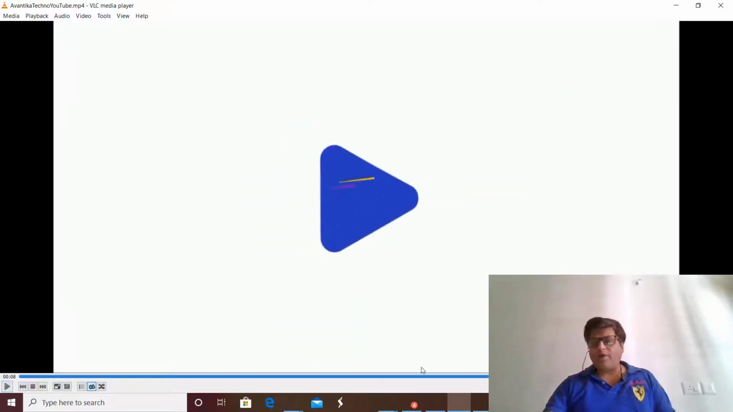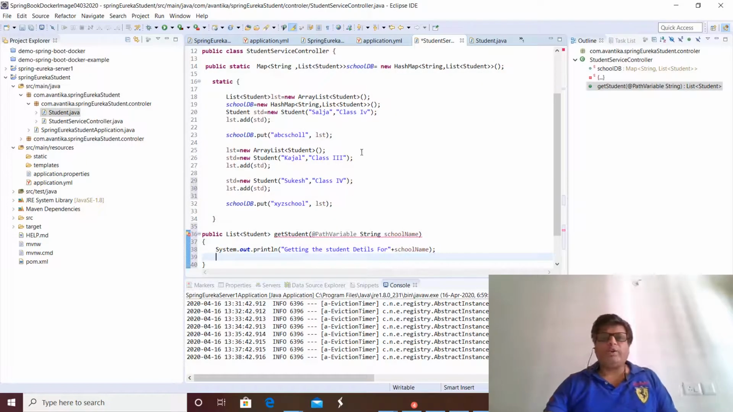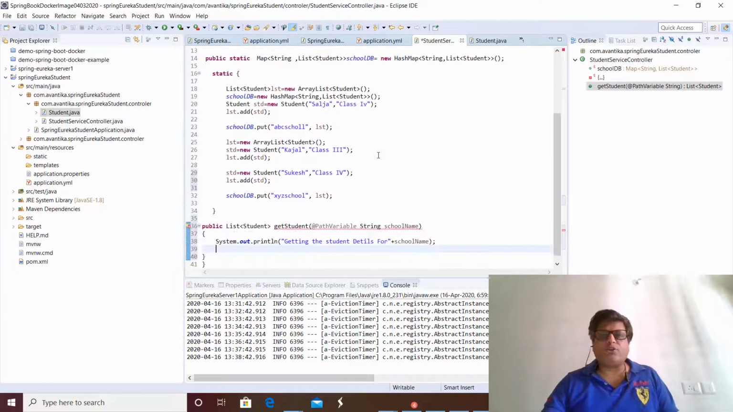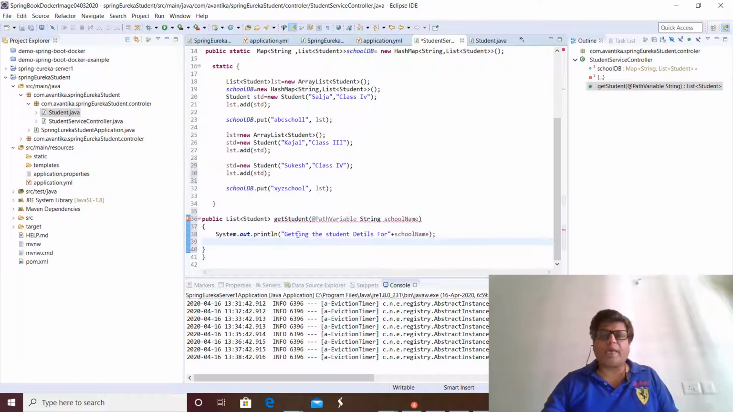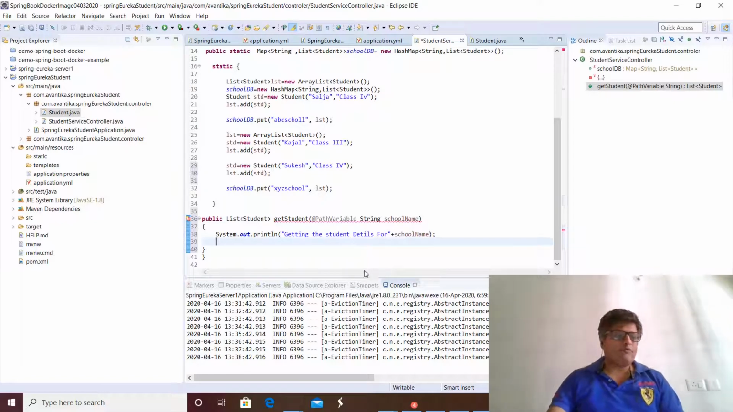So, hi friends. In the previous section, we have already developed particularly the student service controller. We were getting to the method get a student. We have the details of the school name. Apart from that, we will be having